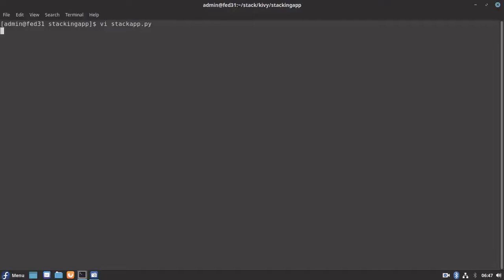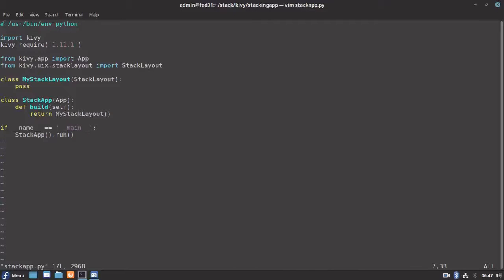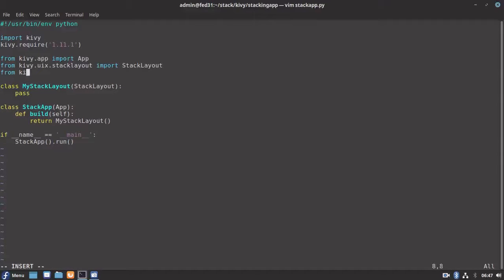and open our Python application file. In order to play sound, we first need to import the SoundLoader class that is available in kivy.core.audio. We need to import SoundLoader.